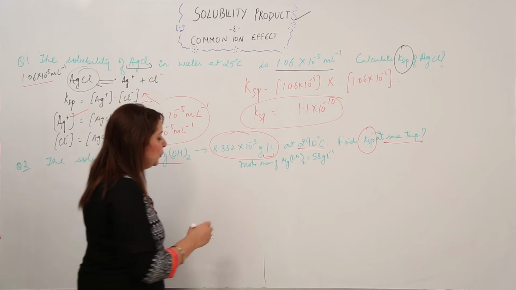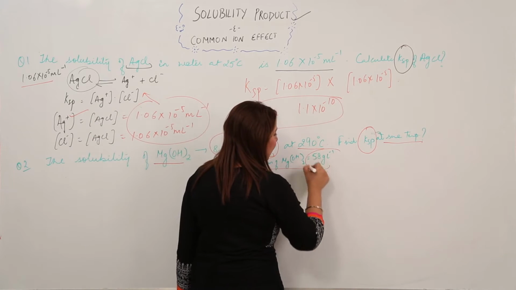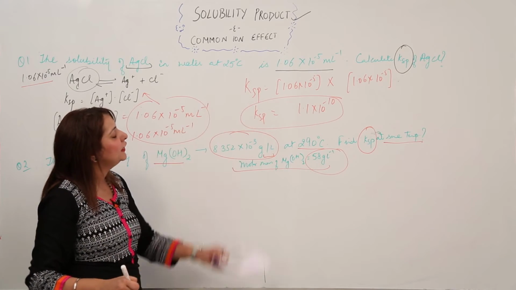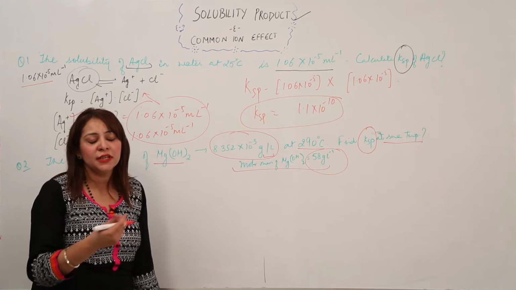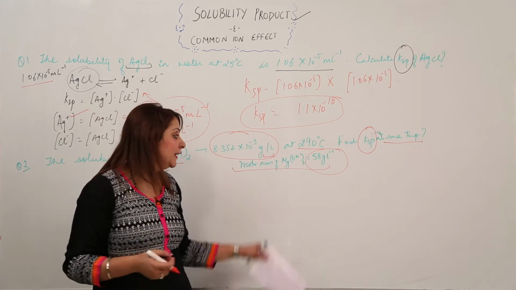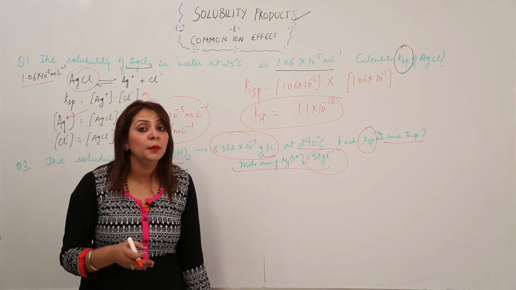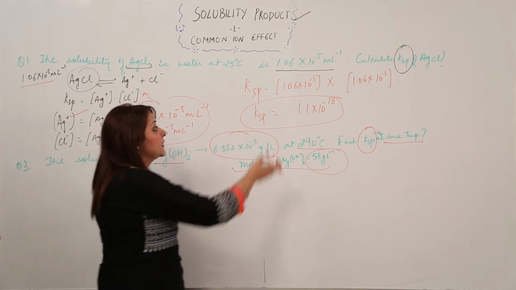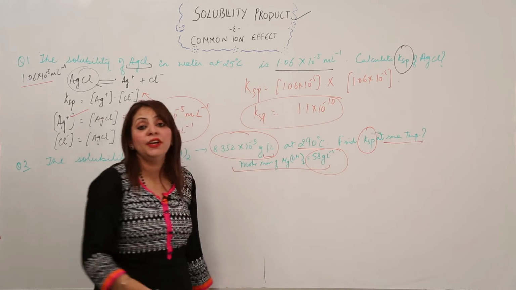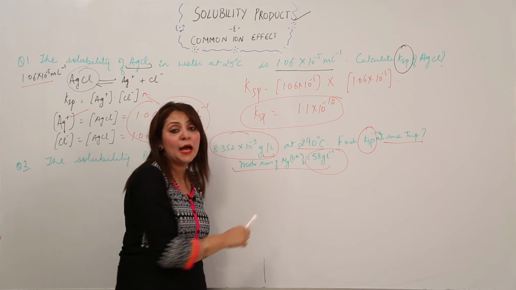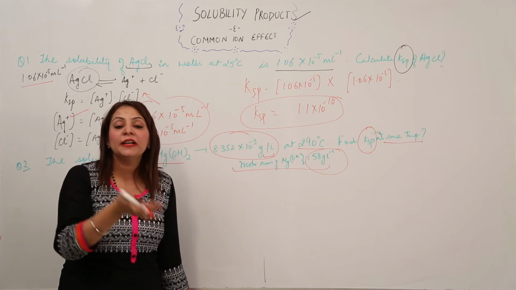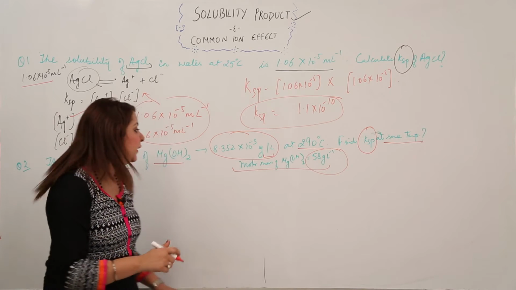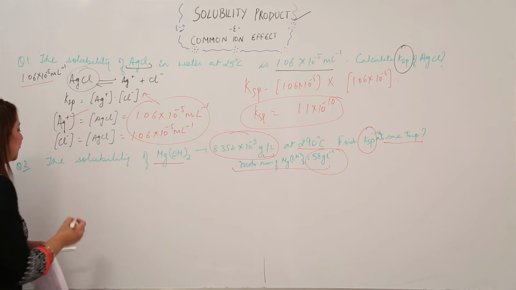And you are also provided with the molar mass, that is 58 gram per mole. A question must be striking your mind: in the first question we didn't use the molar mass at all, and in this we are going to use it. So where is the difference? You're right, the difference is that in the first the concentration is given in moles per liter, and here we have it in gram per liter. So in order to convert gram per liter into moles per liter, we have to divide it by the molar mass, right? So first of all we'll write an expression for the salt.